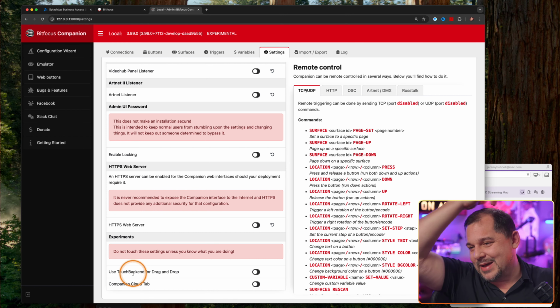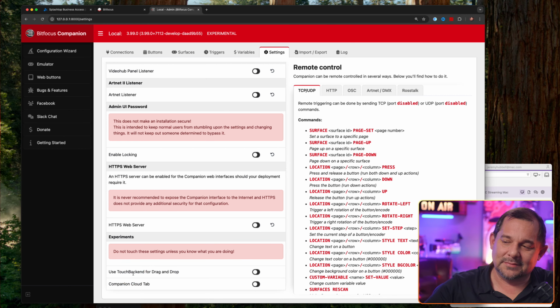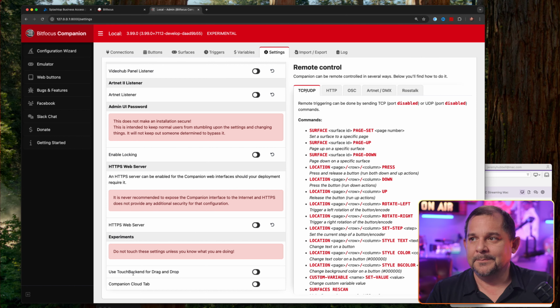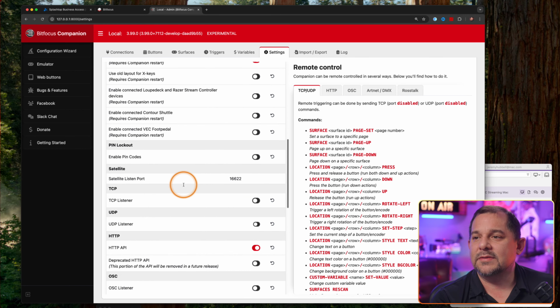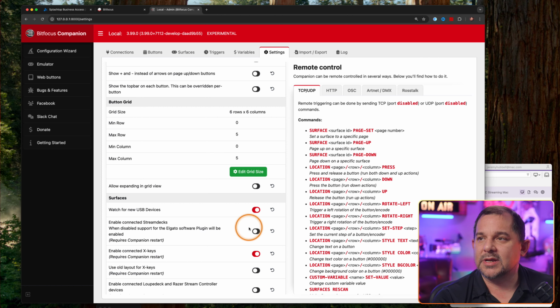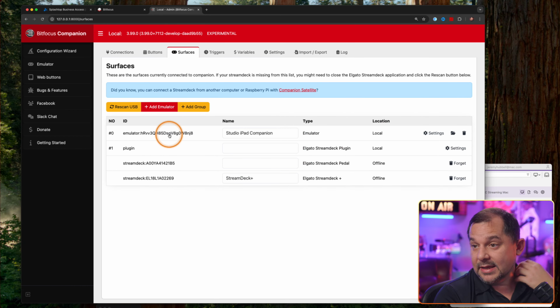We just leave all this stuff off for the moment. You're going to enable cloud on the remote computer. Okay. So just leave all this stuff. The only thing that I turn on is, nope. Yeah, I tell it to watch for new USB devices, because if you go to the Surfaces tab, it will